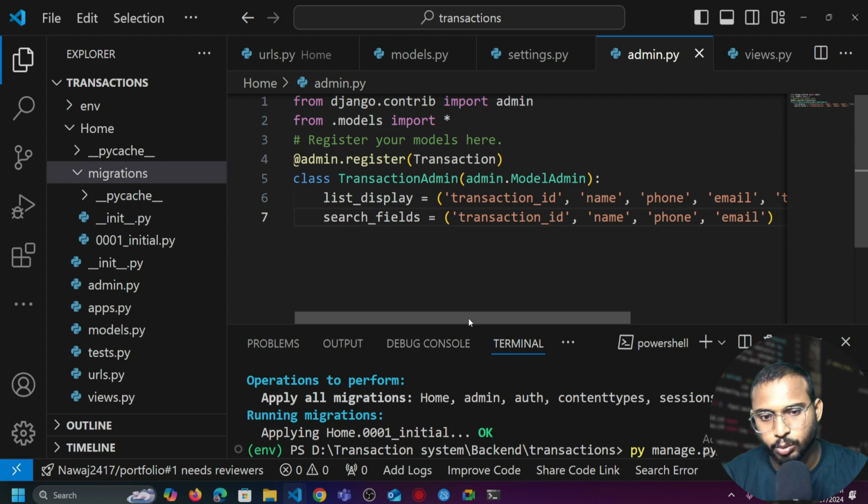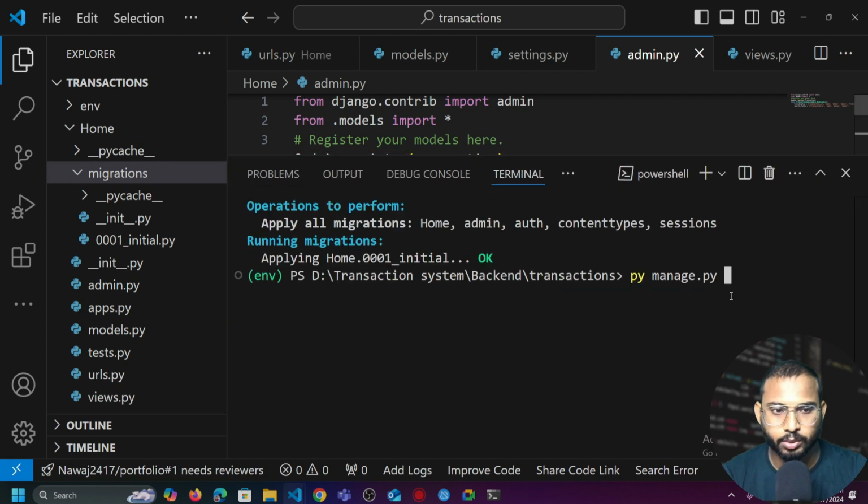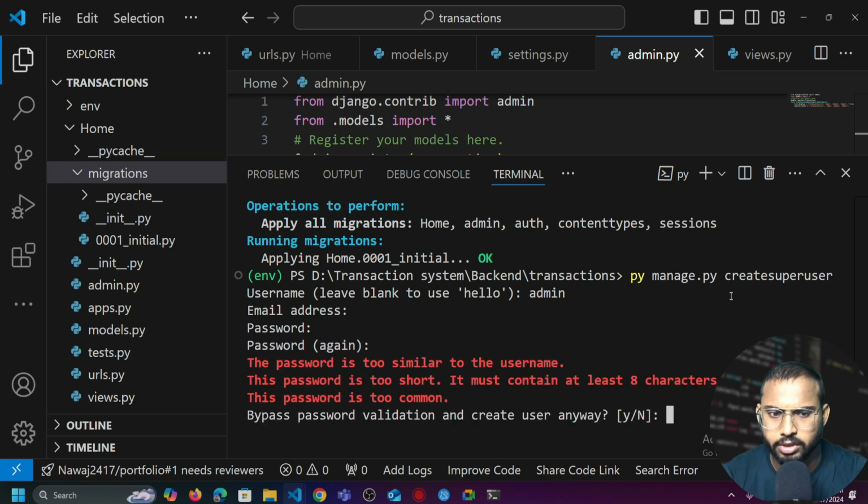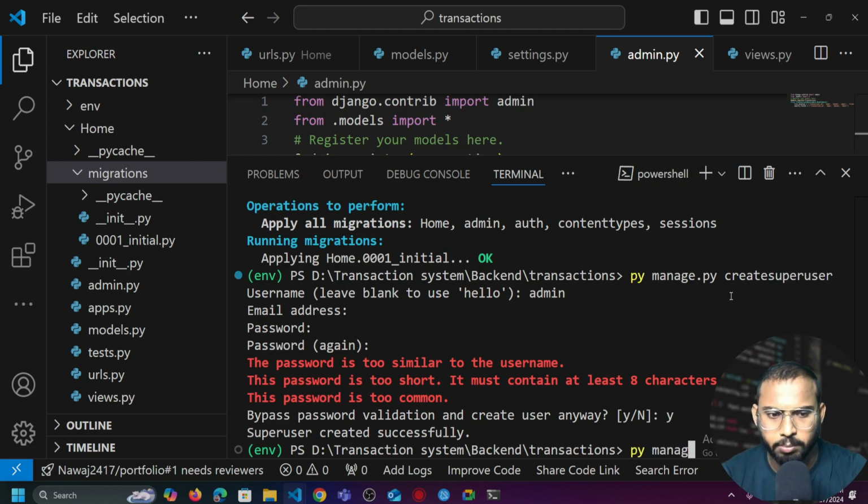First, let's create the superuser. Okay, here I define createsuperuser. The superuser I am defining as admin, then give the email address, and the password I am also defining as admin, here writing it. Yes. Okay, python manage.py